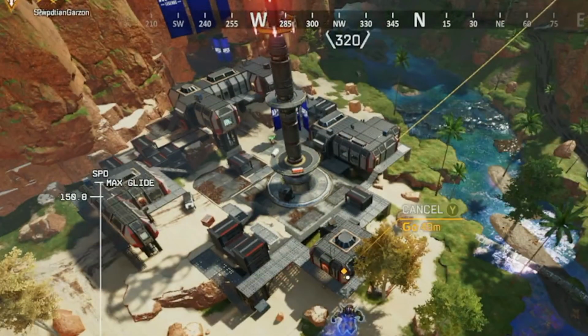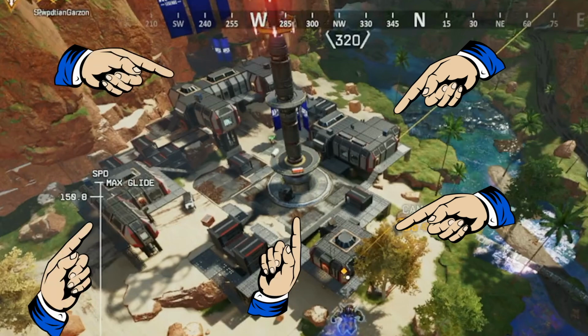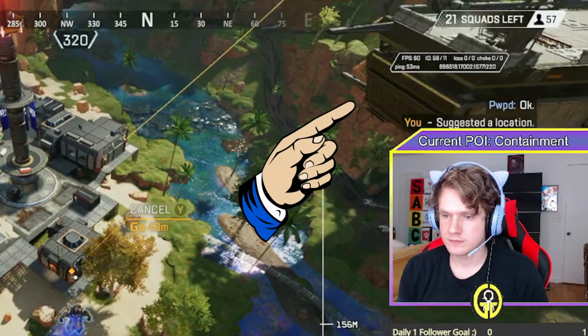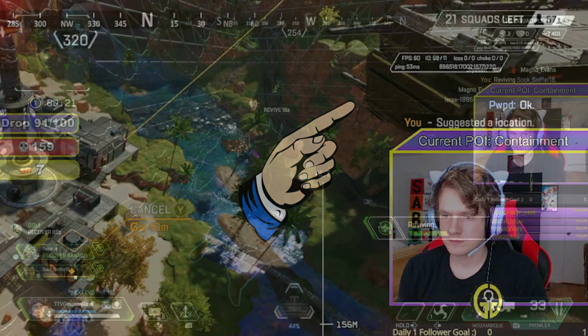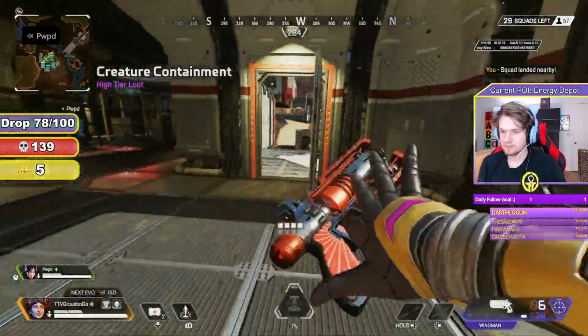The POI consists of 4 research labs, 2 on the low ground and 2 on the high ground, a large central tower, and we'll loop the radio tower overlooking the POI in here and talk about it as well, since it's so close by. Landing one of the buildings and grabbing the floor loot within is usually my choice drop,